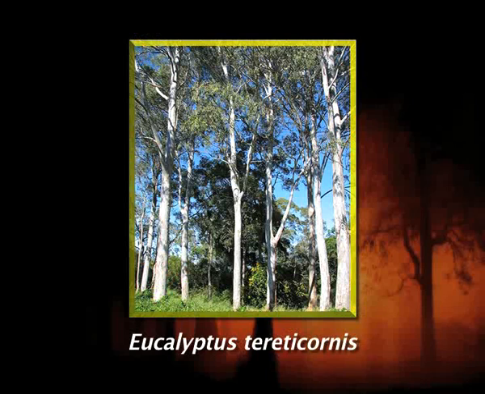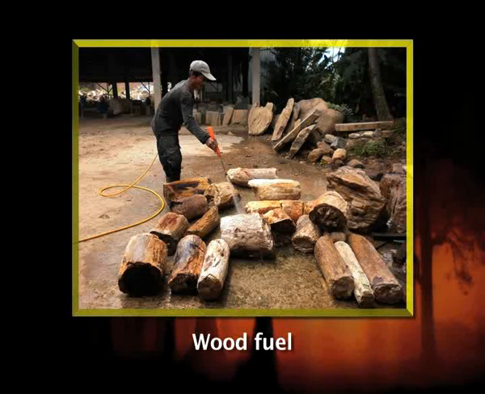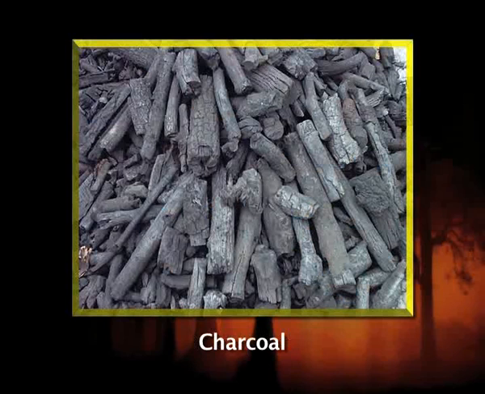Then we have Eucalyptus tereticornis. It grows rapidly and withstands periodic flooding for short periods. It coppices vigorously and is one of the principal eucalyptus grown as fuel wood. The wood is hard, heavy, and strong. The tree produces first-class fuel wood, which also makes good charcoal. Coppice regeneration has been widely used, and it can be done 3 to 4 times on a 10-year rotation.